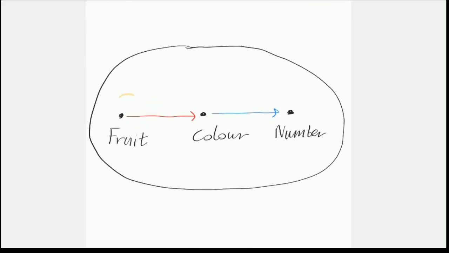Instead of having these sets and seeing what's going on, now we just have these single dots, which we call objects. And instead of drawing how all the elements get mapped, we just have a red arrow for the red function and a blue arrow for the blue function. And so we're representing the sets abstractly as objects and the